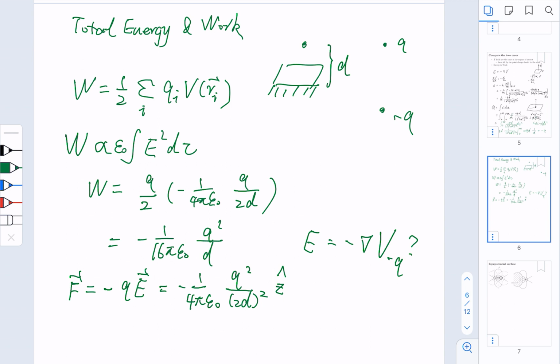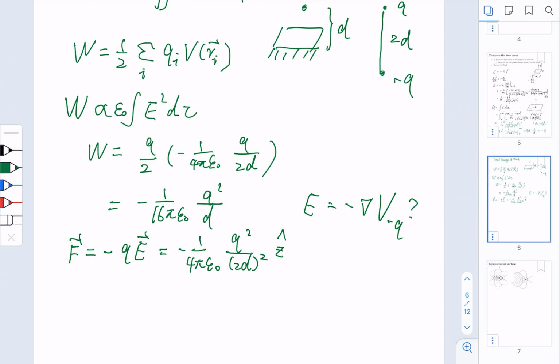Here, because the V only has one term, 1 over R, the corresponding E also has only one term, 1 over R squared. And this R is really the spacing between the image charge, the imaginary charge, and the original true charge. So here, this spacing D should be 2D. And now if we integrate this force,